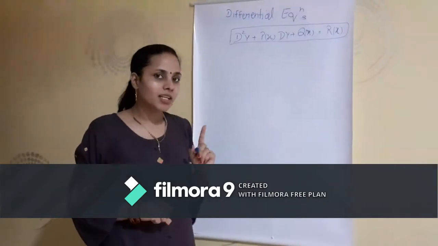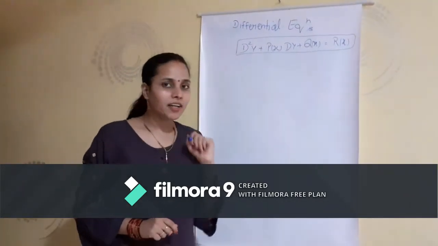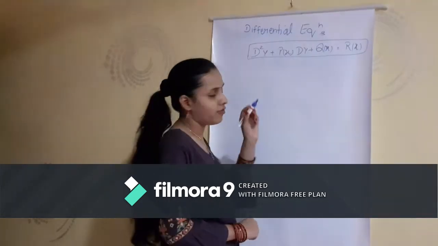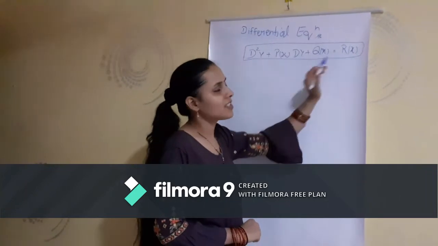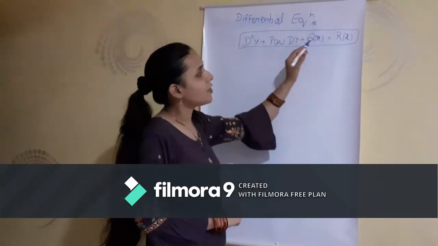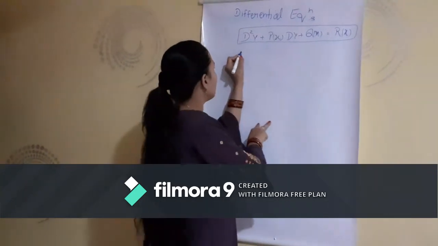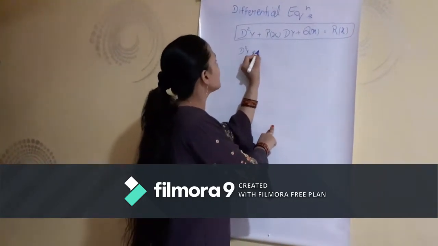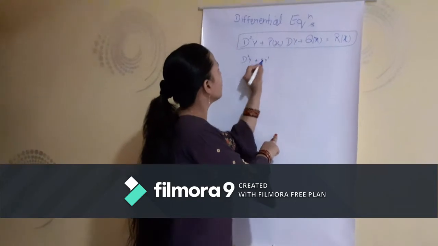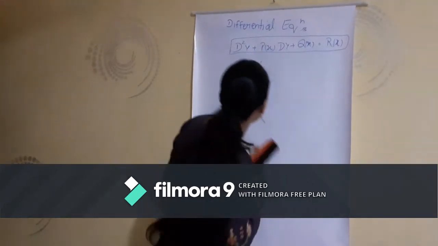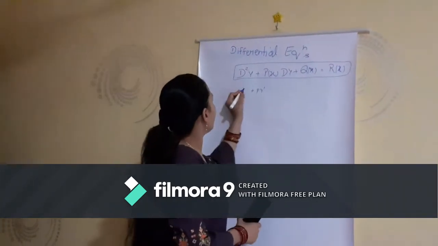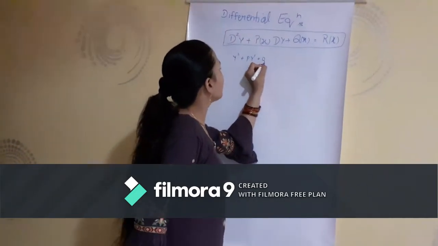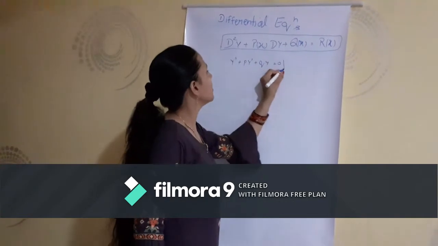Very first, I will consider the second order linear differential equation, and that will be homogeneous as well. For that I have to consider r(x) equal to 0, and p and q are constants. So the differential equation will be of the form d2y, or I can write it like y double dash plus p y dash plus q y equals 0.